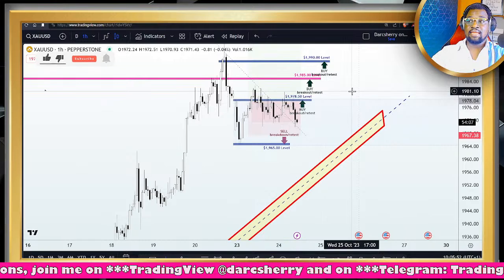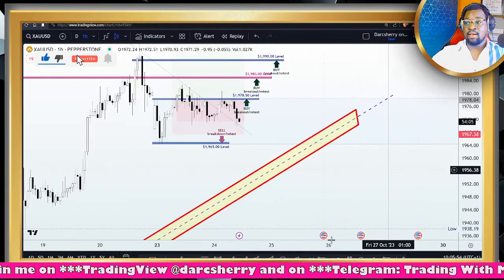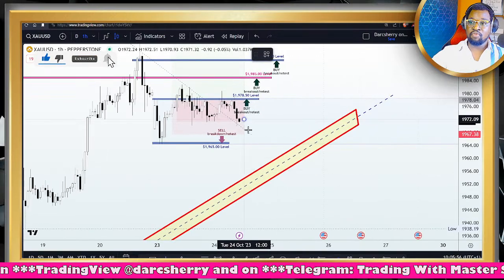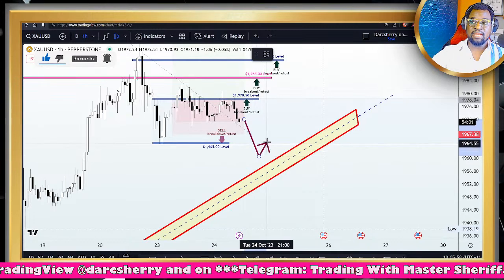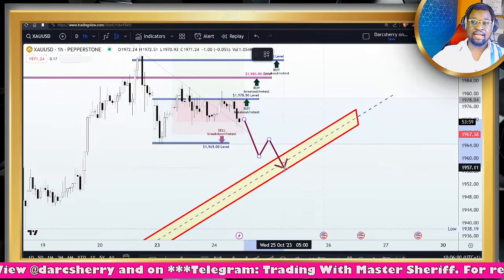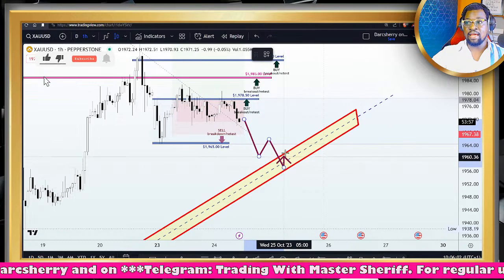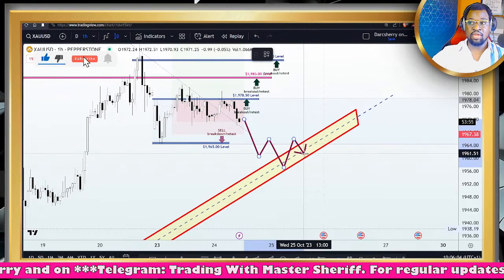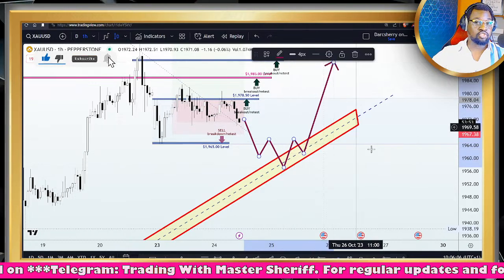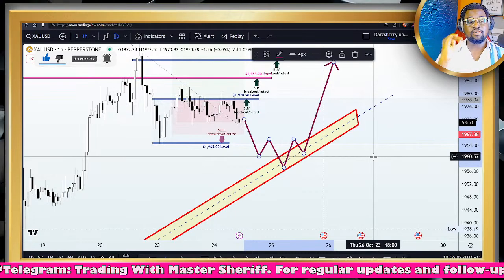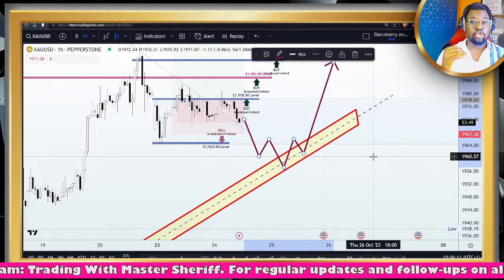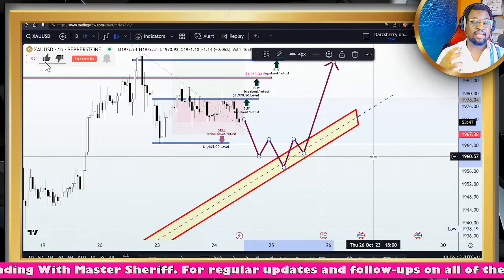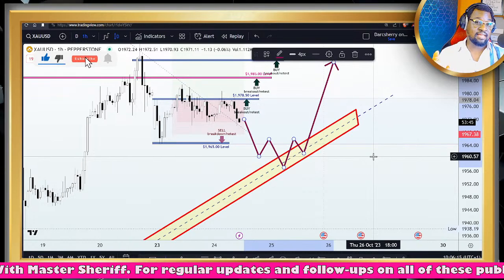Now, if we get taken out of this position, then we might likely be seeing a situation where price will go on to break down the support line, retest it back into this ascending trend line, where the appearance of buy pressure here may incite another uptrend scenario. So if price continues to drop at this juncture, we would want to see how the market is going to be reacting to that ascending trend line.